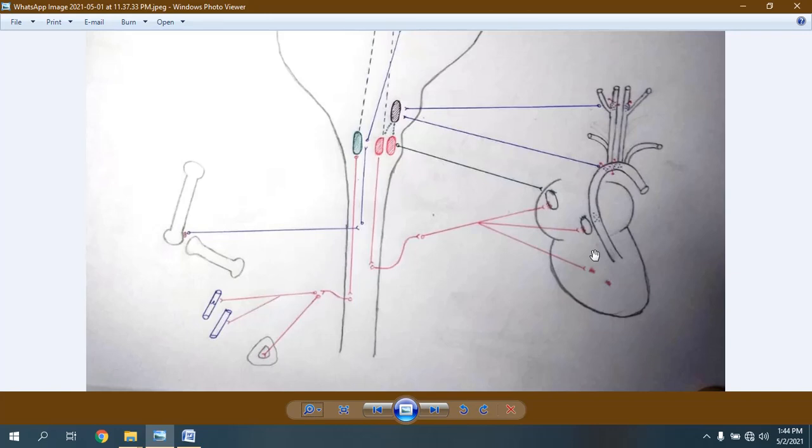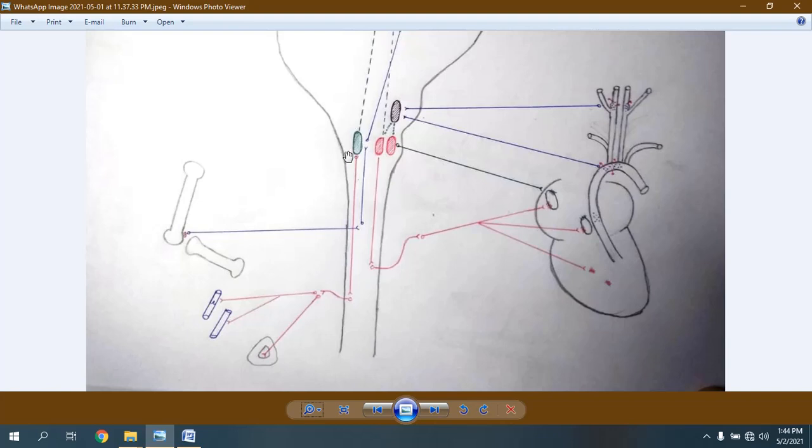That will not increase the heart rate. So eventually the heart rate will be decreased. Eventually the blood pressure will be decreased. And if the blood pressure is decreased, when the tractus solitarius detects low blood pressure, it will transfer the signal